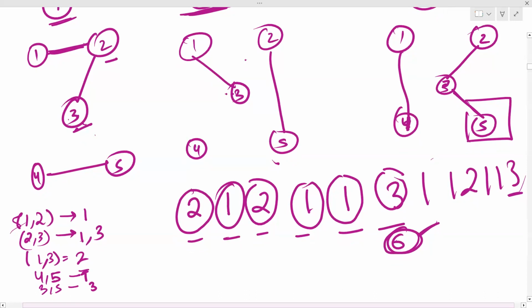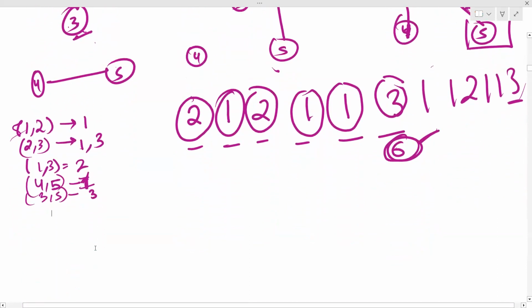This is 4 and 5. So this way, for each edge, we can find at what timestamps this edge is there. So now this is a simple Dijkstra's problem. See, what we have to do, we start from node 1. We can go to each of the neighboring vertices, but